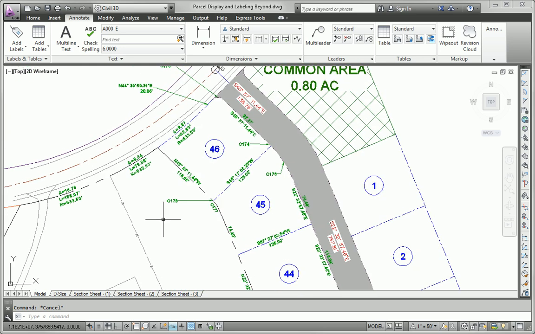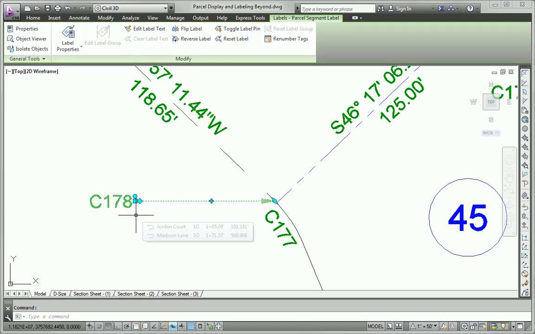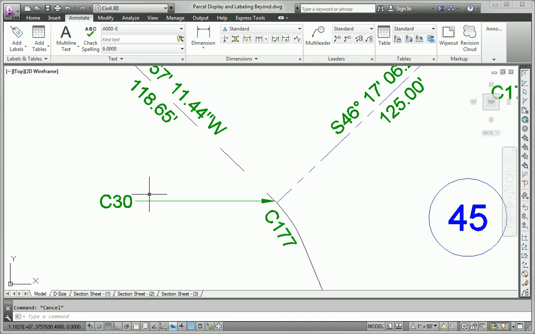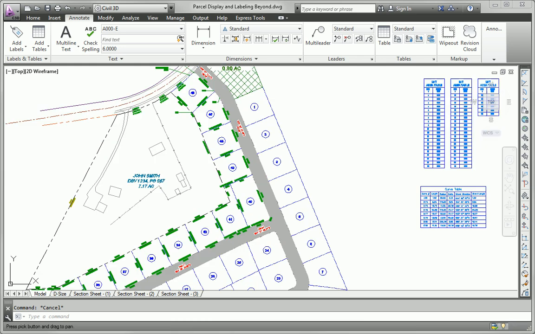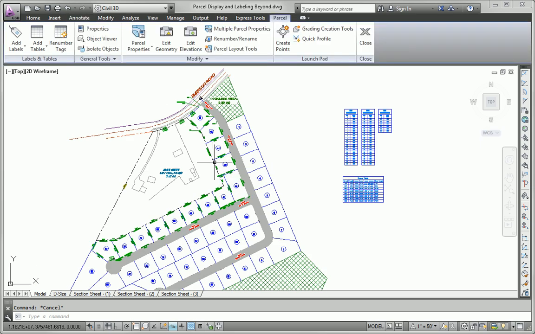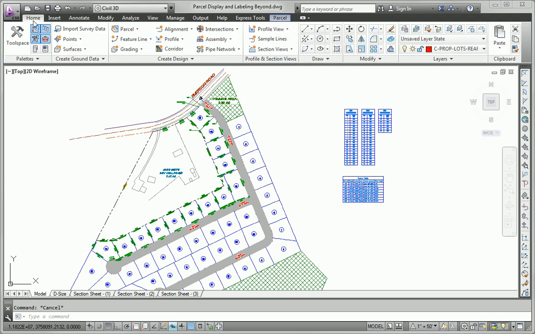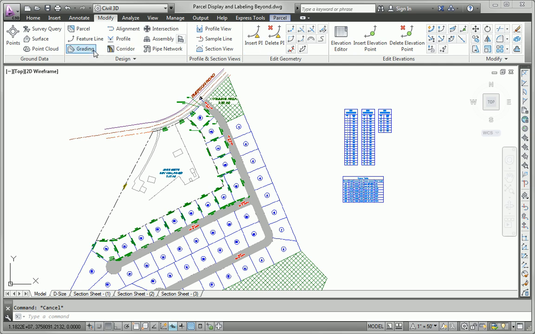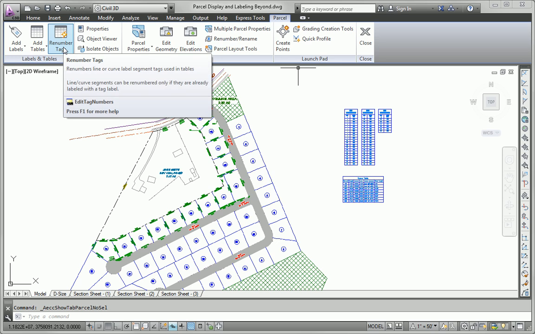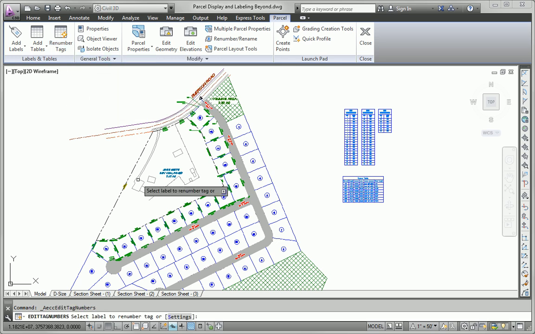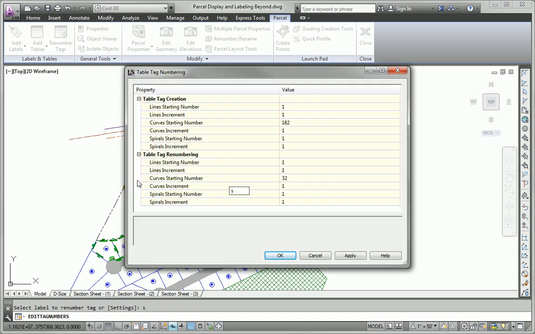I can also renumber the tags. Probably don't want to start with 178. Probably want to start with 1. But what I need to do is go into the settings for the tags and get the settings straightened out. And the way to do that is kind of tricky. What you have to do is go to the Modify tab and bring up Parcels, and you have to launch the Renumber Tag command without picking a tag first. So you launch the command Renumber Tags and then S for Settings,